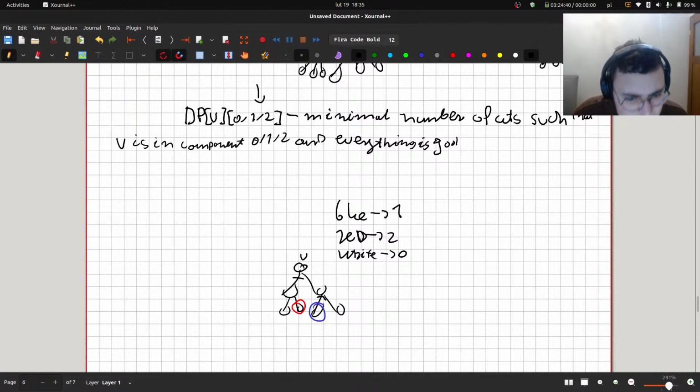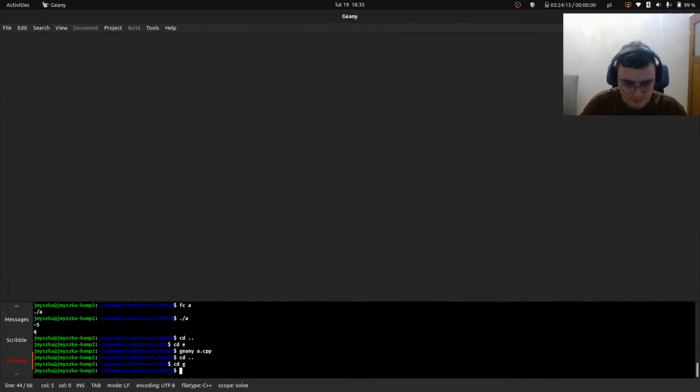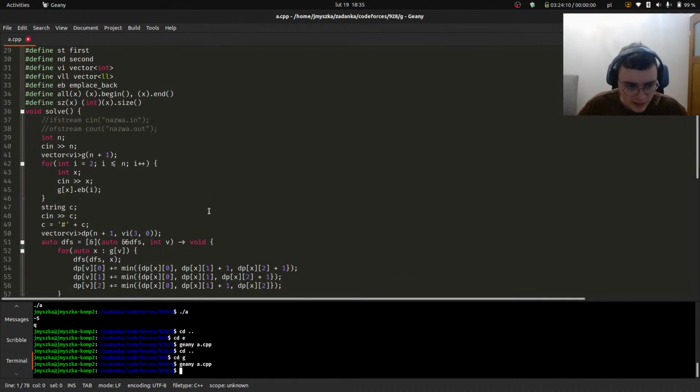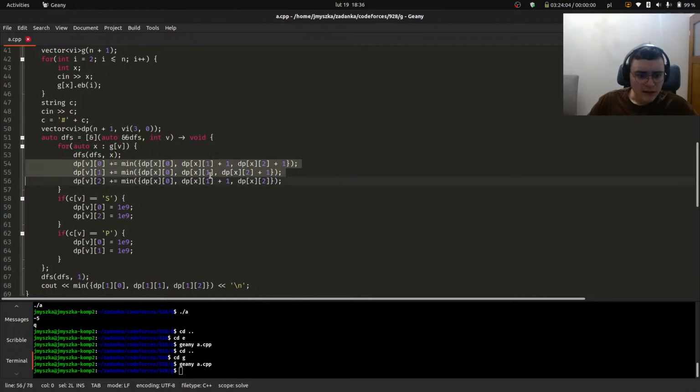I think it's really simple if you think about this. I will be looking at the sons of v, and for every son of v, I will be adding 1 if I have to delete the edge to this son, or not. Maybe I will show you my code, because I think it's best to show this on code. So, if foo is white, then